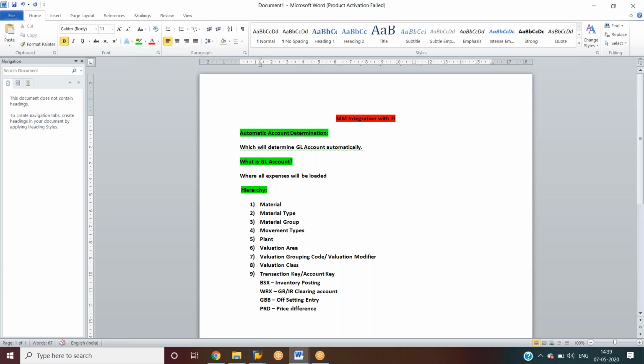If they ask you in the interview what the transaction keys are, you have to tell these transaction keys. The next one is the account modifier, or else we can also call it a general modifier.